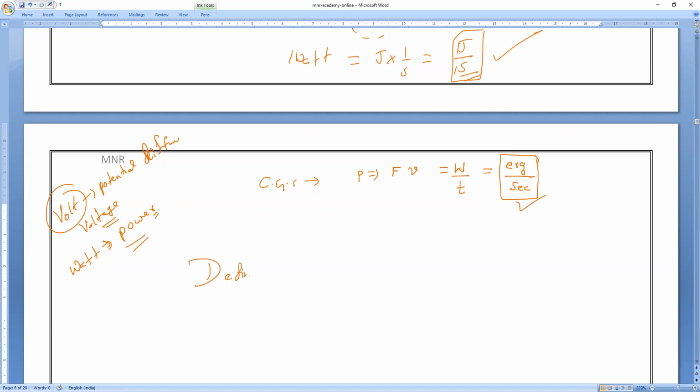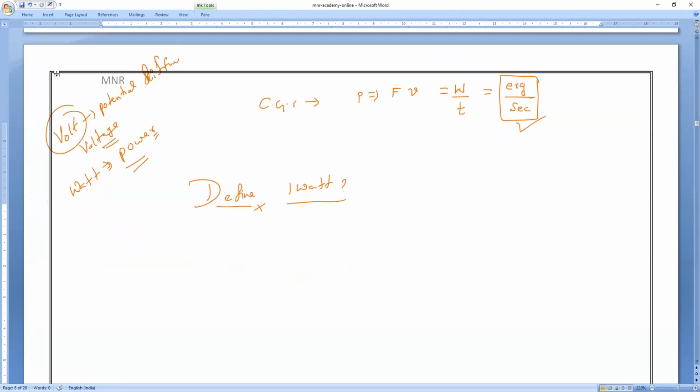One question for all of you. Define 1 watt. Speak your own answer, then I will give you the proper definition. Product of 1 joule of work in how many seconds? 1 second. Okay, write it. The power is said to be 1 watt